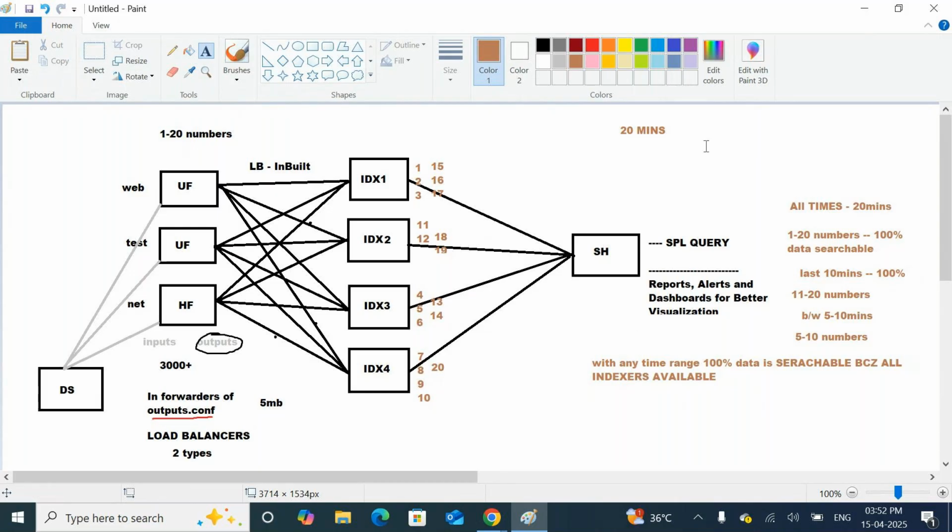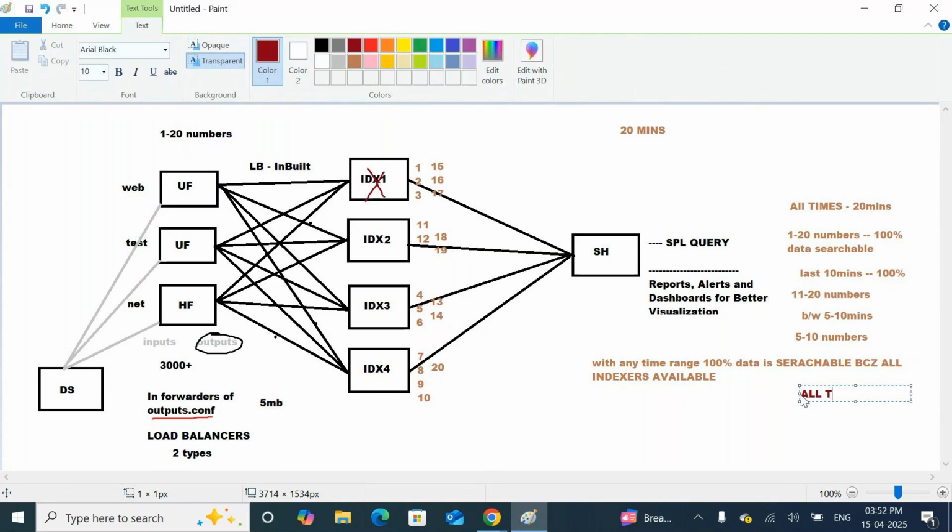Now my question is, suppose this indexer failed. I mean, the data has been stored, and after storing, the indexer has been failed. Yes, 20 minutes completed, 20 numbers were stored with 4 indexers.